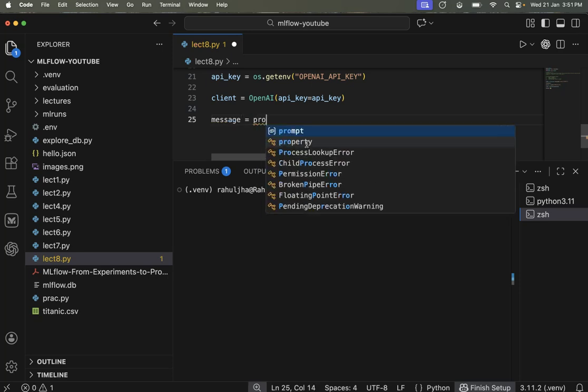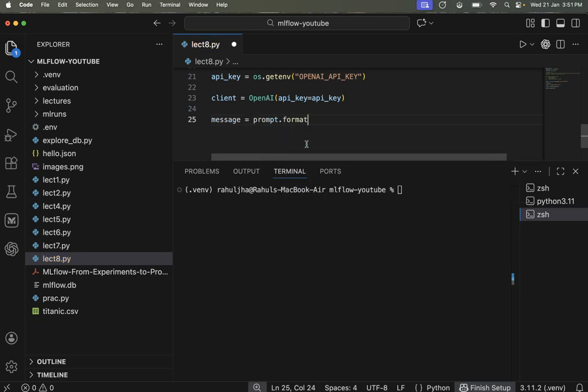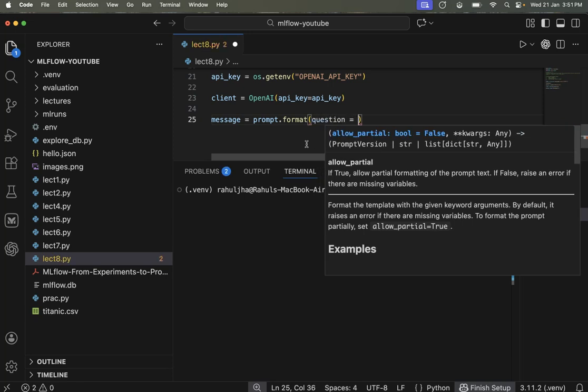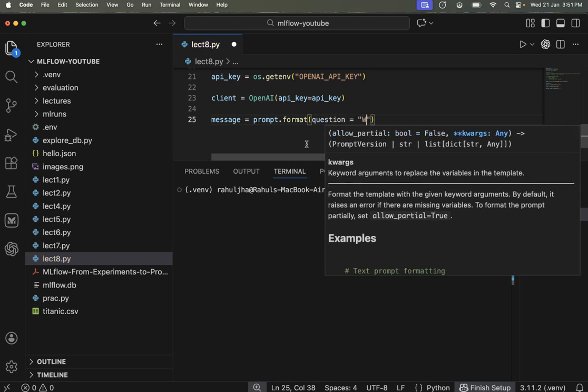So I'll call prompt.format, and I'll ask a question. Let's ask some question. Maybe I am not able to think about any question. So what exactly is the difference between sun and moon?